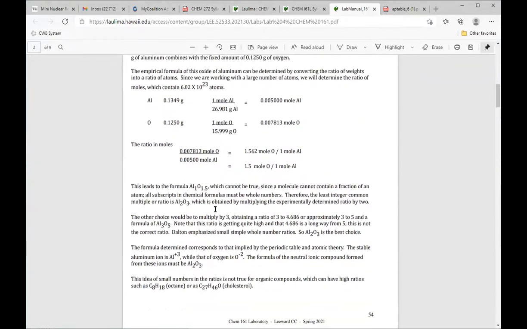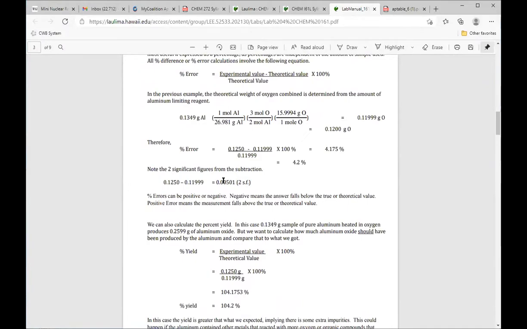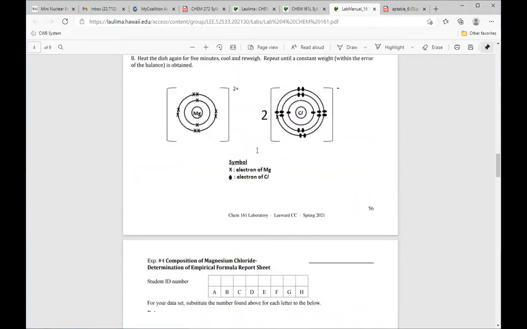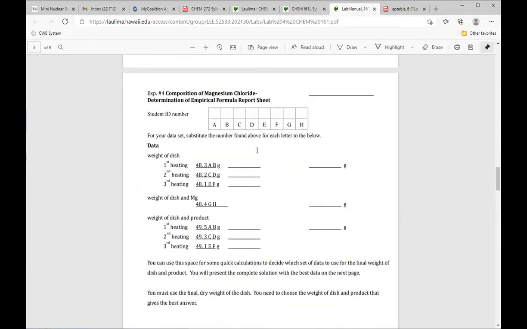Theirs doesn't come out to exactly whole numbers when they do the division, right? And so they get 1.5 to 1. And so they end up having to multiply by a factor to get whole numbers. I have an example in my book that comes out like 1.3, and so you have to multiply by 3. This one you have to multiply by 2. Anyway, so the experiment, we're going to